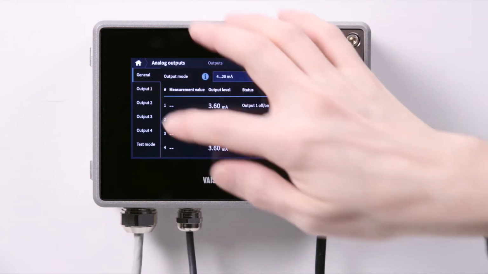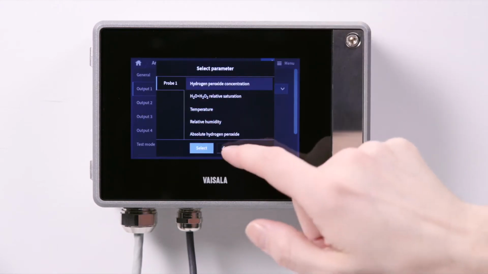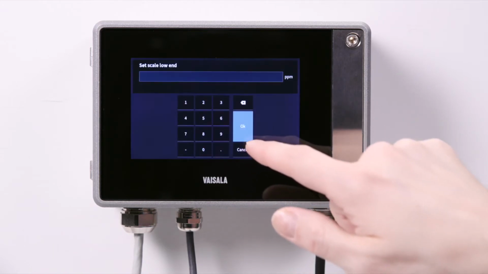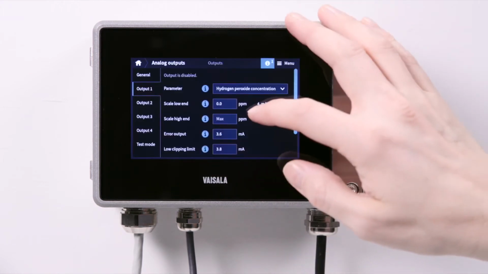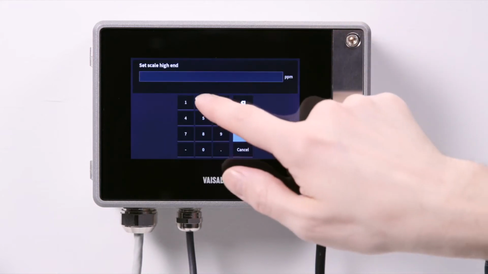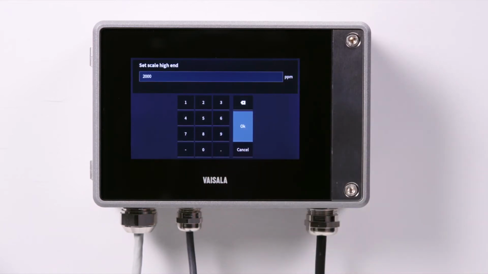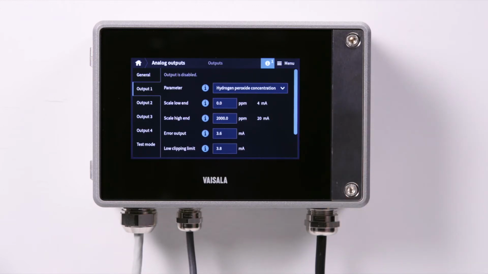So for the channel output number 1, let's set hydrogen peroxide concentration, and our minimum value is 0 and maximum can be, for example, 2000 in this application. Error output: if something is wrong, probe is disconnected or something like that happens, transmitter will output 3.6 milliamps.